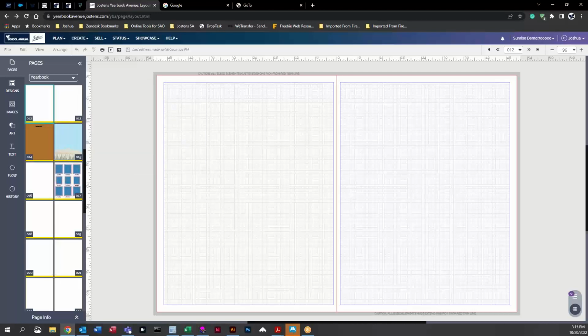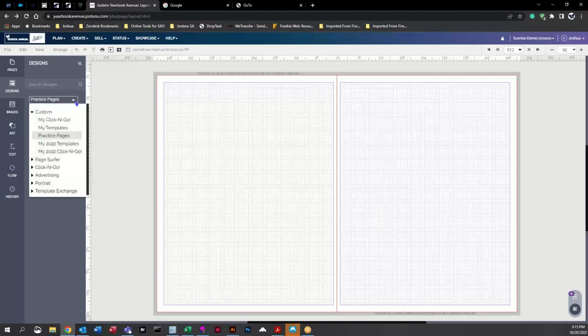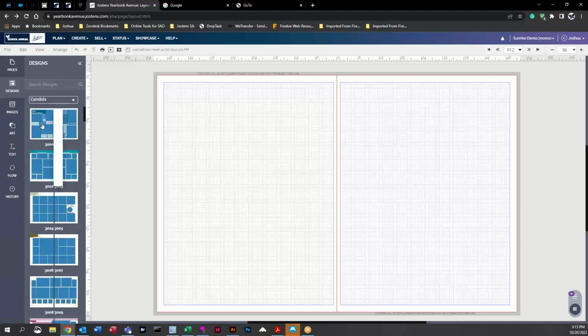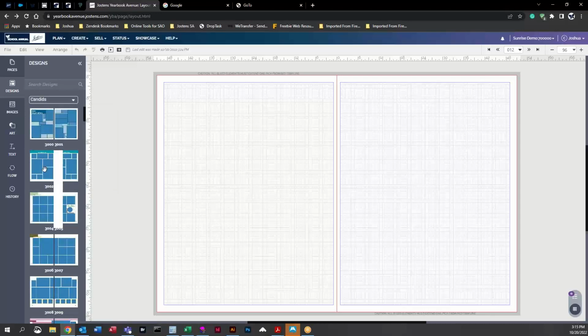Next, we have designs, and we're going to talk about templates here at the same time. So under designs, you will have things like Page Surfer, your candids, and these are templates that are pre-done for you. And something new this year is you can actually hover over it like I just did, and you can actually